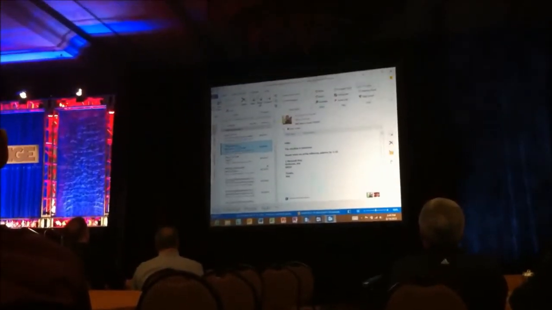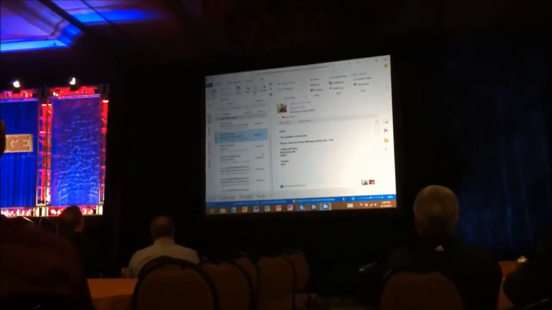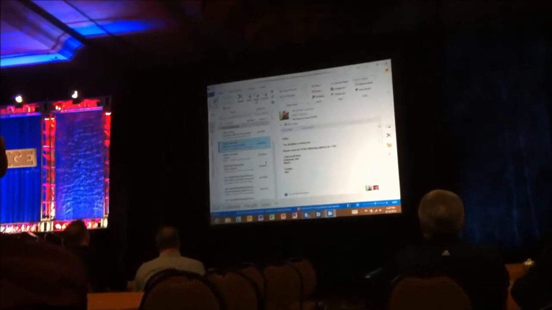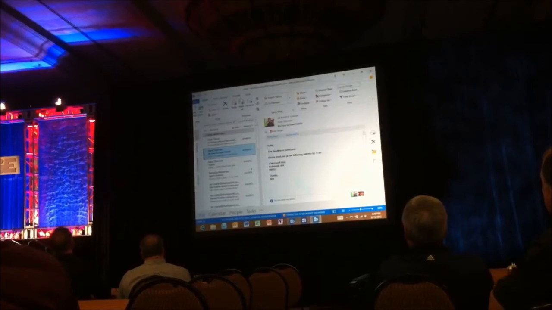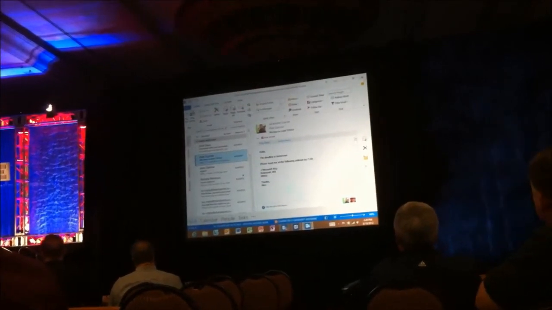But when you take a look at this, we've actually built some extensions into Outlook that give us some really cool features. Take a look at Bing Maps and Action Items up there, kind of in between the picture as well as the body of the email. So now we can interact directly with the email without having to leave the email, just like we did earlier